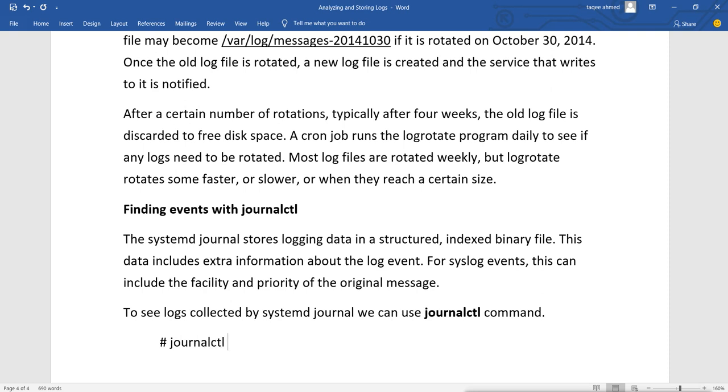Now when we give the journalctl command directly, it will show you the logs from the oldest to the newest.